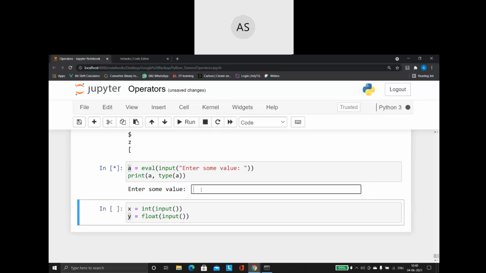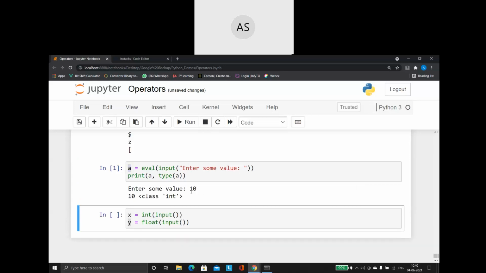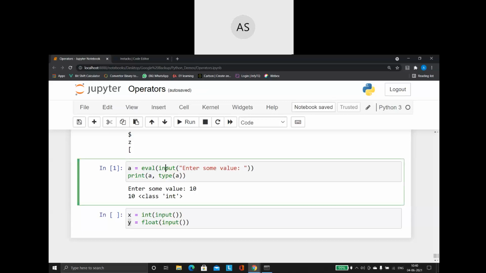Whenever I execute, based on the value that I'm going to give, say if I am giving the number as 10, the input function will read it only as a string value. Let us clarify that a bit more.